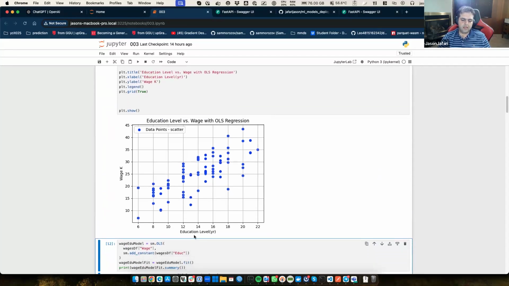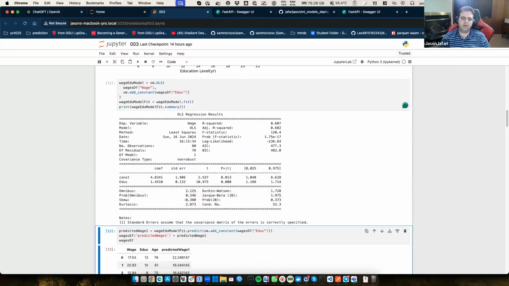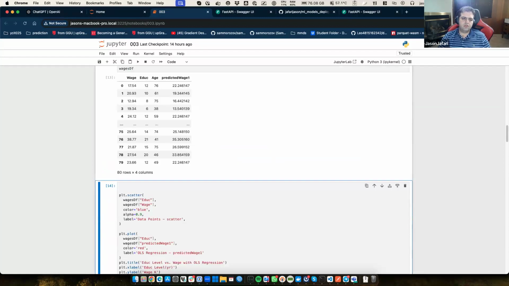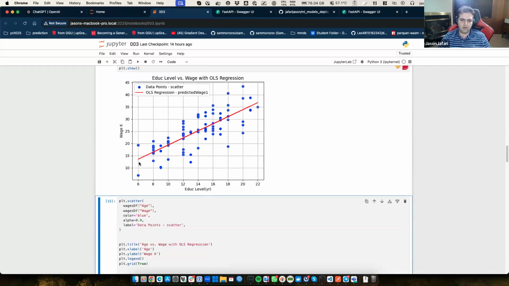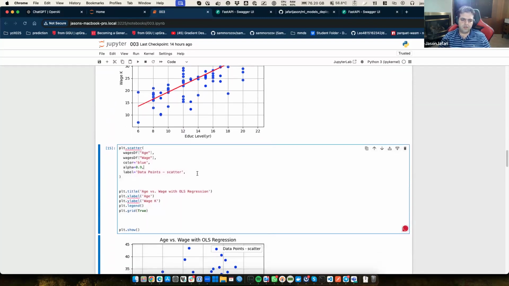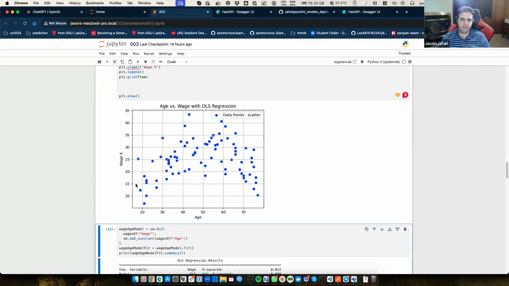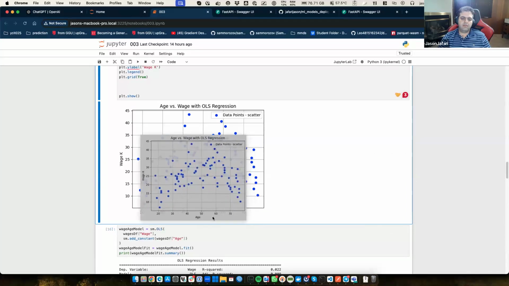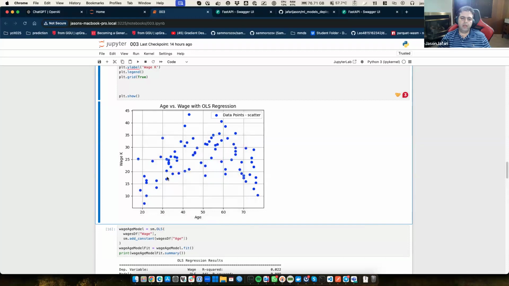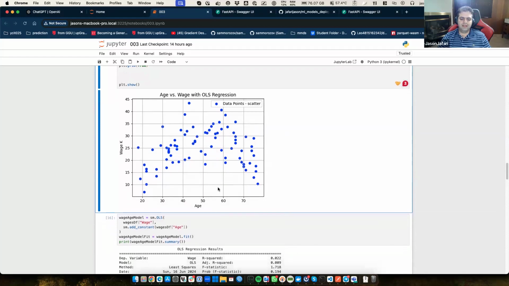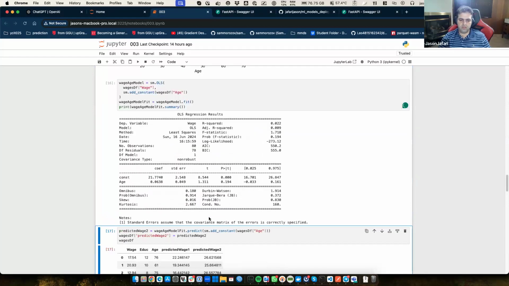So here's the education based on the wage. The pattern between them is kind of linear. So that's nothing, I'm just going to hit that model and create a linear line. But if we want to do the regression analytics for the relation between age and wage, we see kind of a quadratic model here. So at the time that we would like to use our linear regression, it makes sense to have